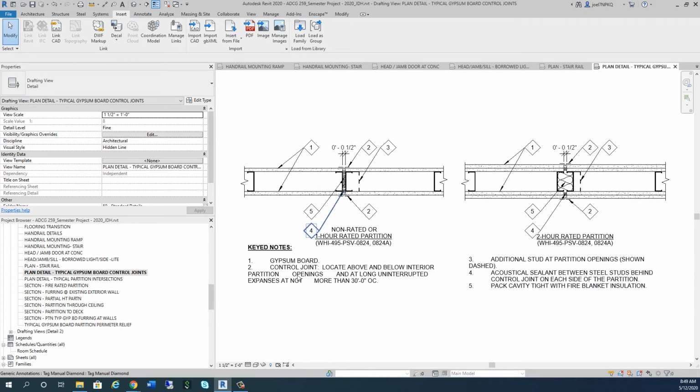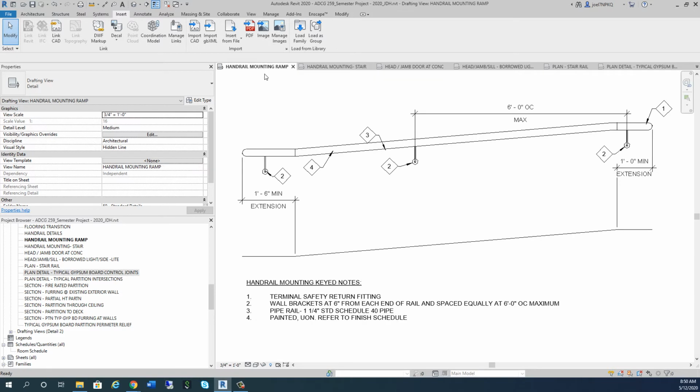So here are all those different transitions for a 1 hour wall and a 2 hour wall. That way we don't have to show them all on the plans. We can show details for them. All right. I'm going to go ahead and go back to